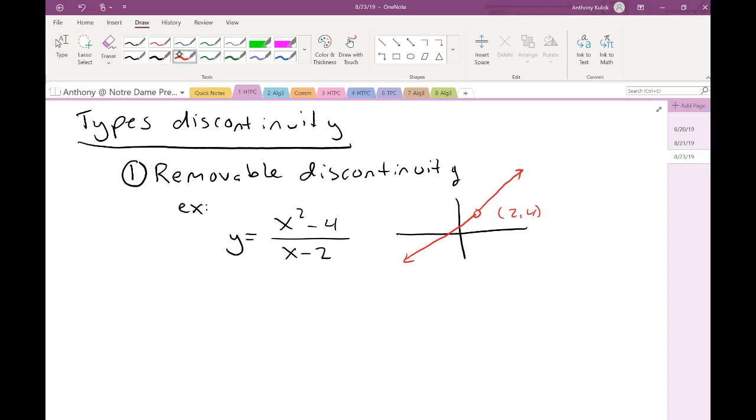So this removable discontinuity could be two things. That line I've drawn is the graph of x plus 2 with the removable discontinuity from the reducing at the point 2 comma 4. That is exactly what happens there, yes. So the reducing is what causes that removable discontinuity. Okay? So your removable discontinuity could look like this, or